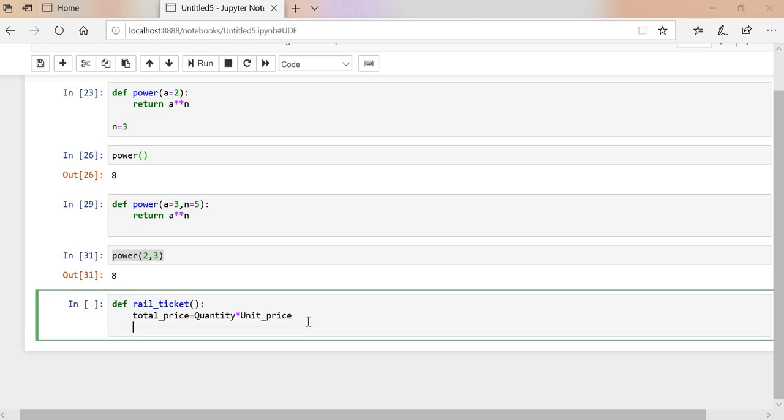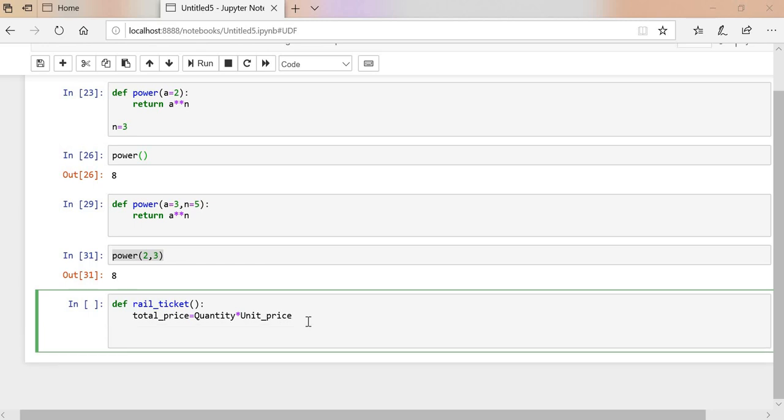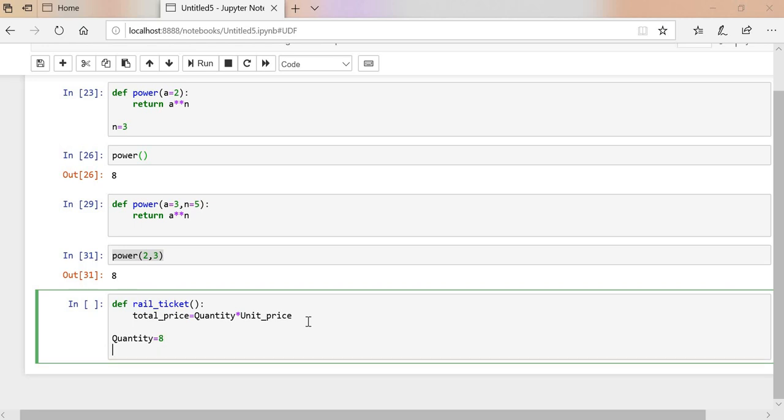Without parameters, we need to assign the values. For quantity, we'll assign 8. For unit price, we'll assign 50 per ticket.